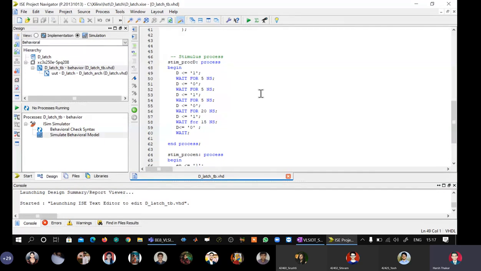So on the time scale, if you see here, at t equal to 0, D is equal to 1. At 5 nanoseconds, it is 1. At 10 nanoseconds, it is 0, so on and so forth, right? So we can draw it like this.